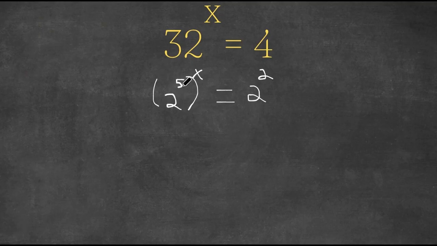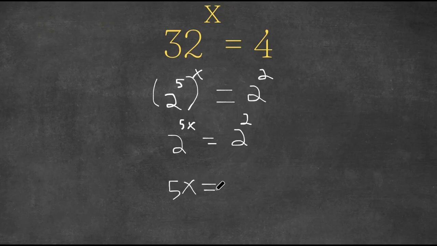2 to the power of 5 to the power of x, well, this is simply 2 to the power of 5 times x. And 5 times x is simply 5x. So this is 2 to the power of 5x equals 2 squared. Now remember, for exponentials, if you have two numbers that equal each other with the same bases, then those exponents are also equal to each other, meaning 5x